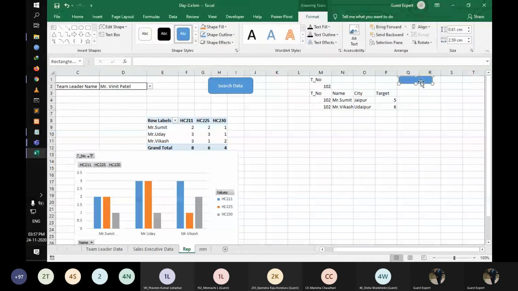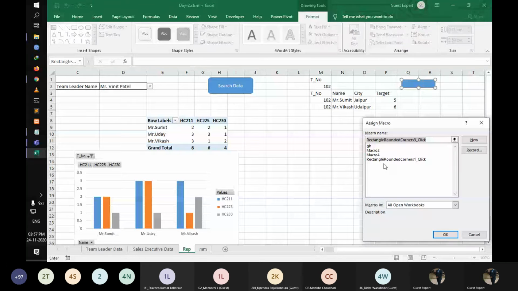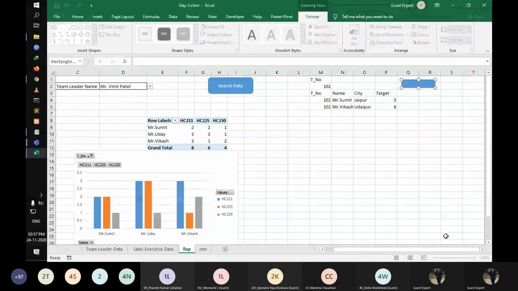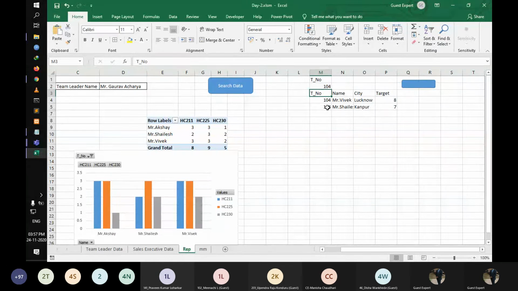We create a button. Assign macro number 4, and OK. Gaurav 4. Why is it taking only 2 data? I think my macro is going to fail, but it's getting the data right now over here.